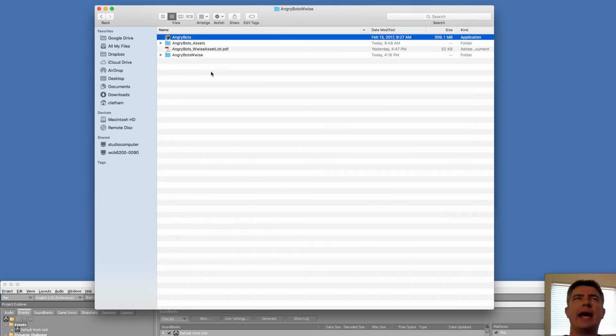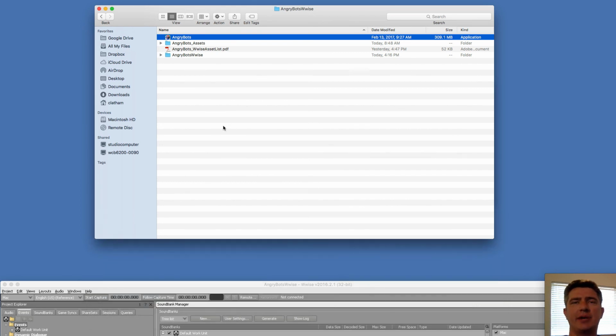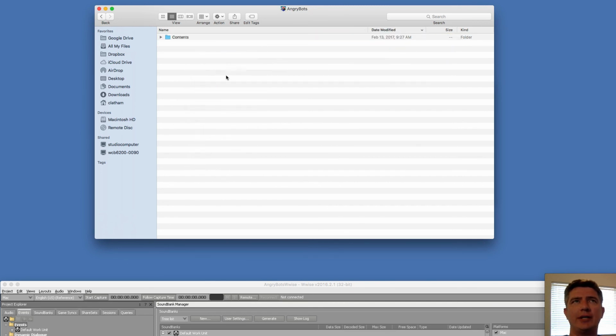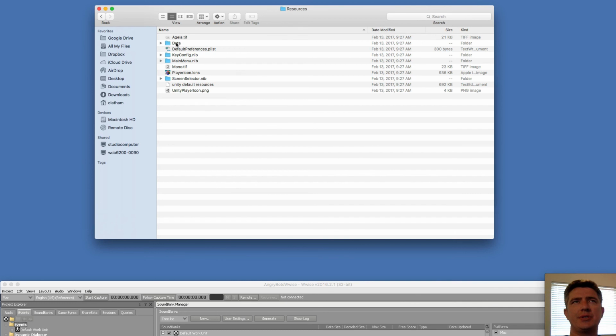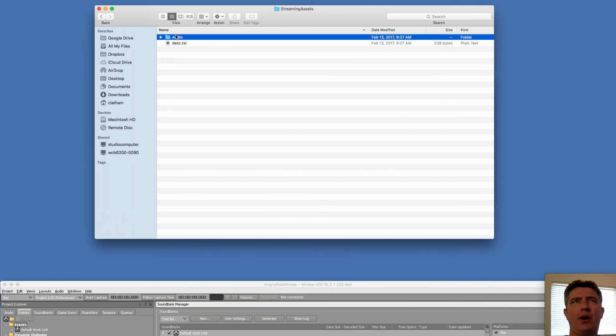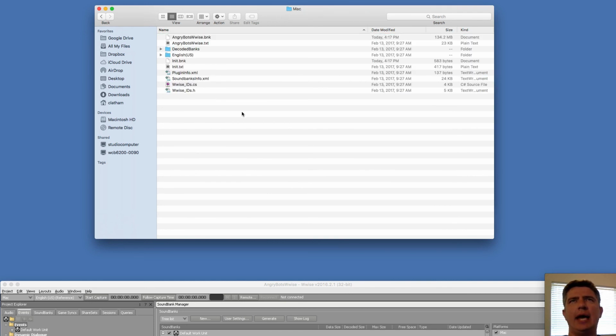And here is our AngryBots application. Now, you don't have to do this. This is not a required step, but just to show you that these files are generated, and the sound bank has been properly generated, I can right click, I can choose Show Package Contents. It gives me a folder named Contents. I go into Contents, I go into Resources, Data, Streaming Assets, Audio, Generated Sound Banks, and Mac, and you should